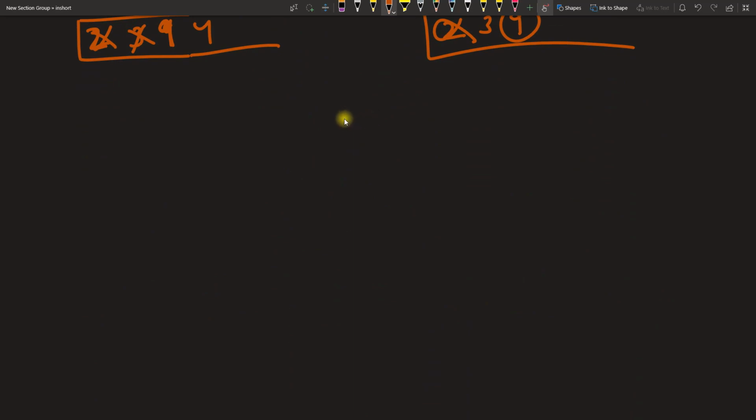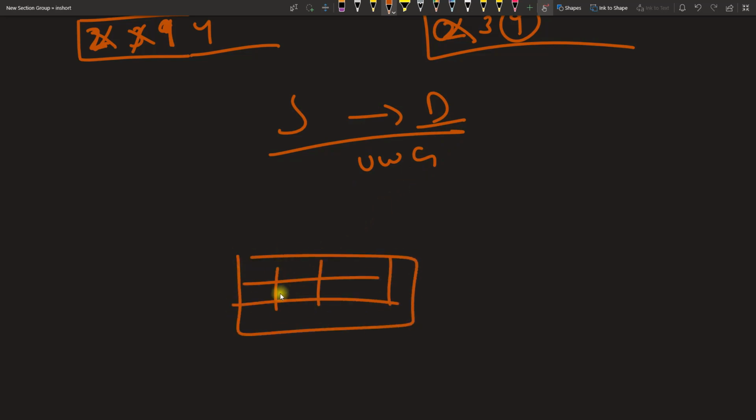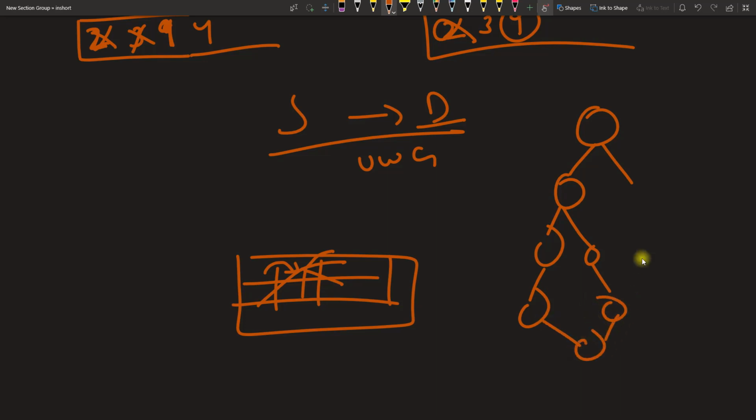I said that, okay, BFS is good for finding the shortest path from source to destination if it is a non-weighted graph. But DFS is good for decision trees. Like if you are playing chess, then the possibility is if you move from here to here, then your possibilities will open from here to go to so many places, right? So if you try to model this into a graph, then it would be like this. It is actually pointing to a depth first search, not the breadth first search.